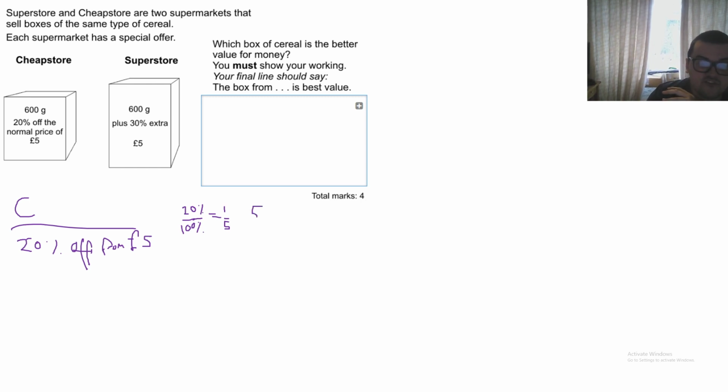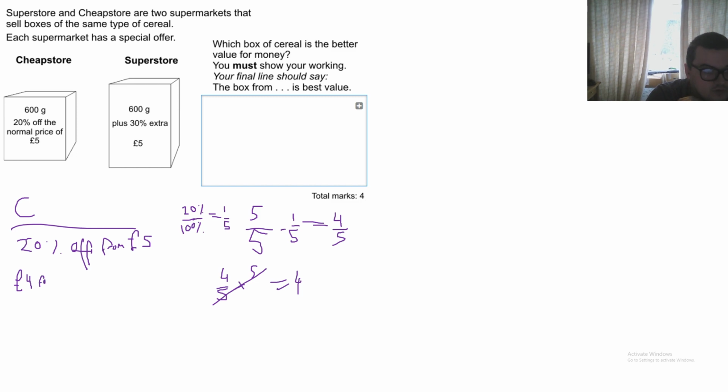We start off with 5/5, which is our original amount. We take off our fifth because there's 20% off, and what we're left with is 4/5. 4/5 of £5. Well, we can just cancel out those 5s because they are top and bottom. They cancel out. We're left with 4. So we have £4